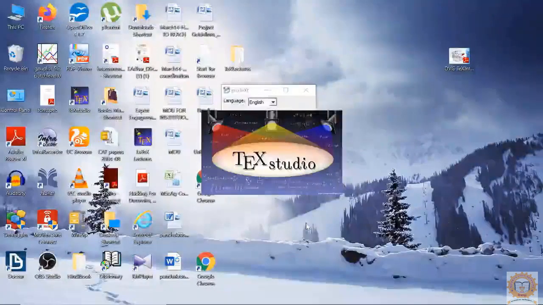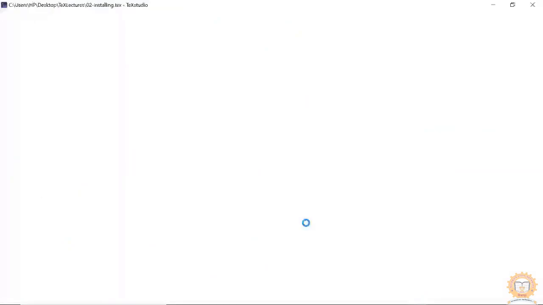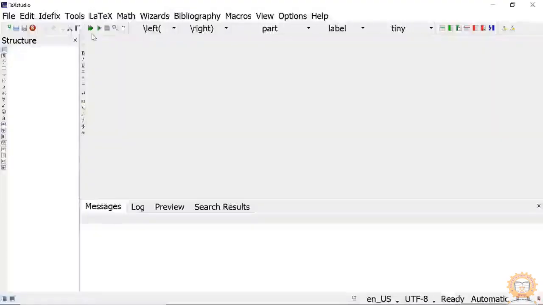This is the IDE, integrated development environment, for TeX and LaTeX related software or languages. Let us check whether TeXstudio and the TeX system were correctly installed or not.